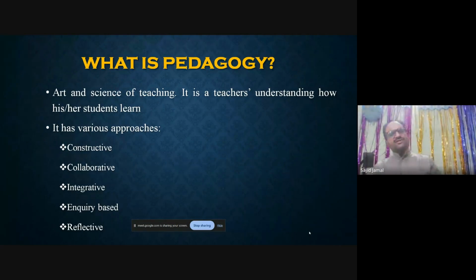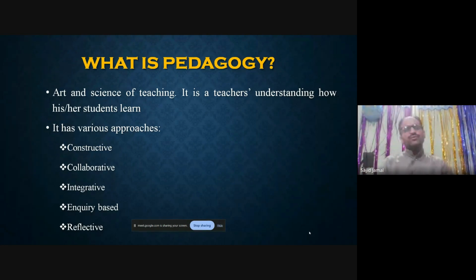Various approaches, as you can see through the points. Constructive approach, definitely, it's a relatively new approach, and it focuses on the idea that we, the teachers and students, should collectively construct the knowledge. So don't think that students' mind is like a clean slate, where whatever you want to write, you will write. No, rather this approach says that it is filled with so much information, so you just have to activate it. So provide the opportunity for the students to think, to do, and collectively you and your students should construct the knowledge.